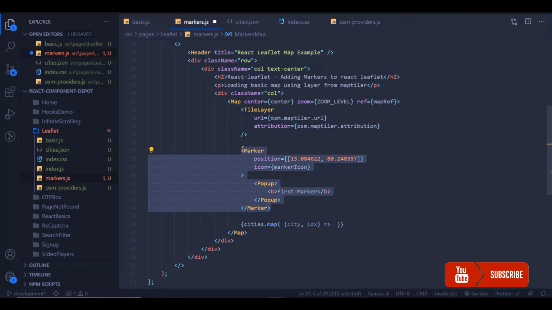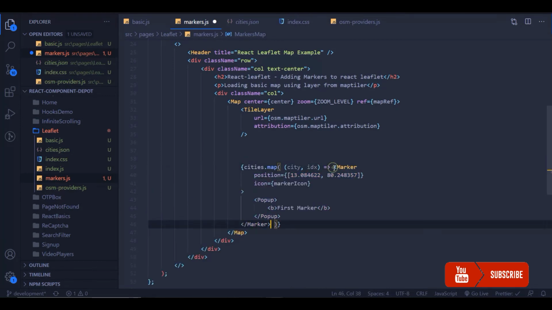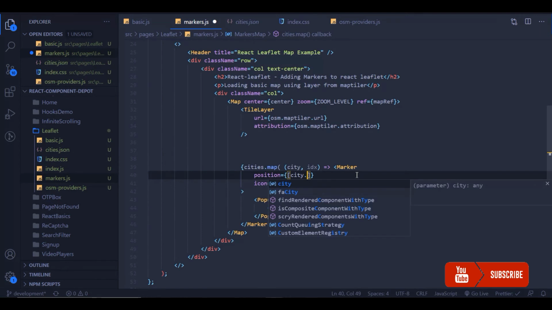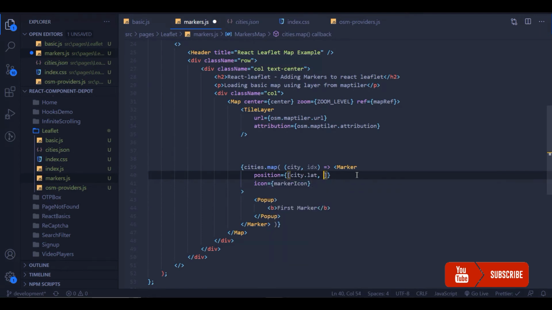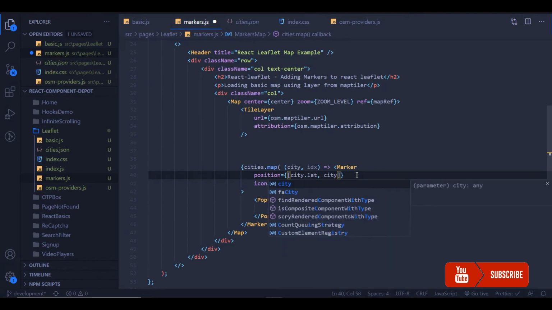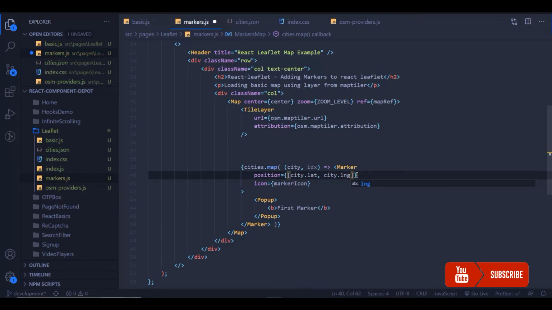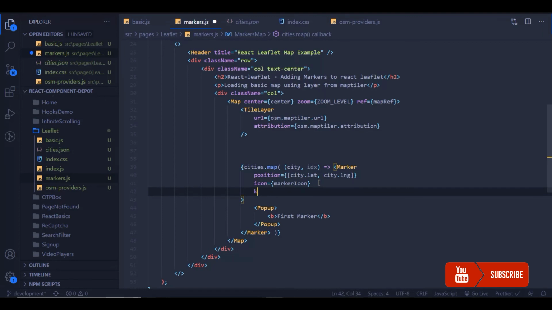I'm just going to copy this marker and I'm going to place it there. And also I'm going to change the location from the API. So here city.lat and city.long, and marker icon as being the marker icon, and I'm going to use key here.